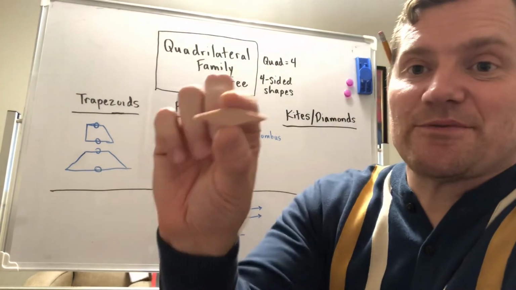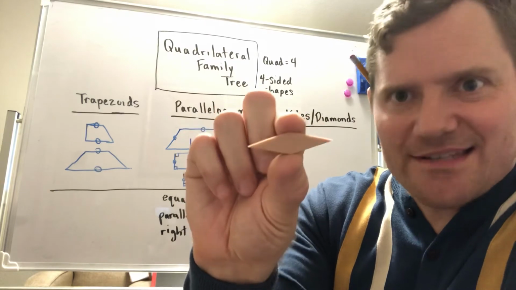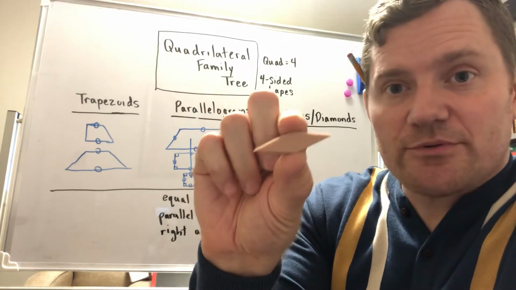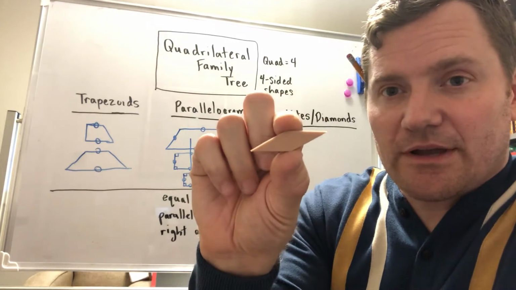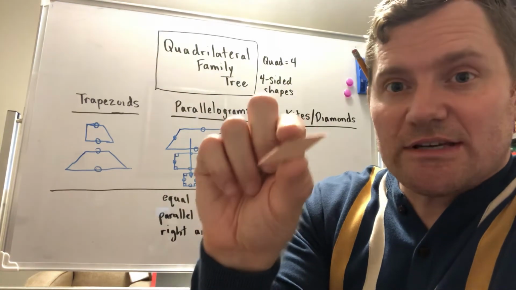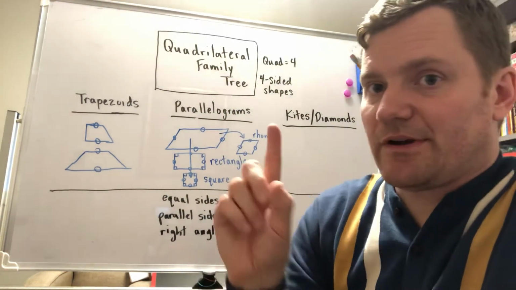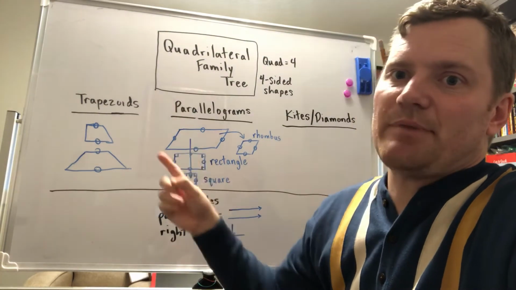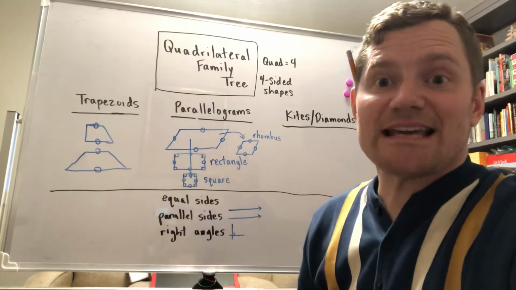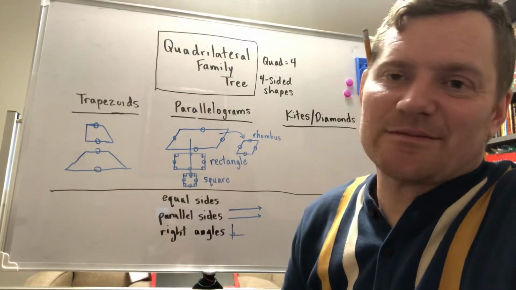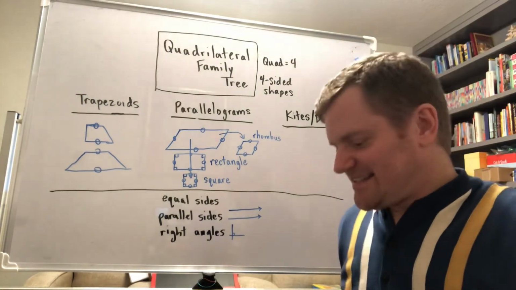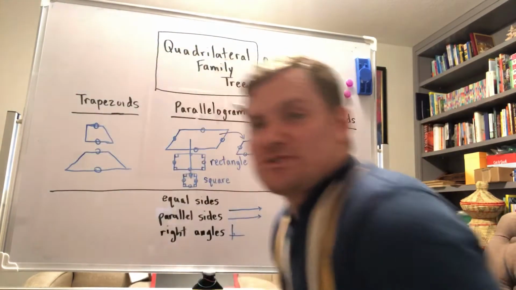But take a look at this one. If we squeezed it even more, that's a rhombus as well, because all four sides are equal. All four sides are equal and parallel. There are two sets of parallel lines, and all sides are equal, so that's a rhombus as well. So that's how we can get from a parallelogram to a rhombus: make all four sides the same size, but don't make them so that they have right angles. All right, so let's go ahead and take a look at the next group,